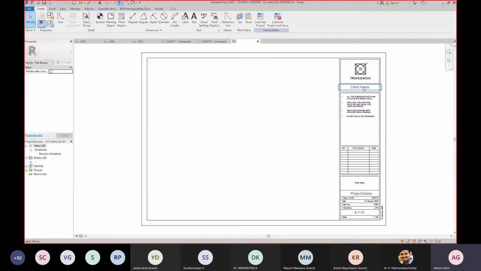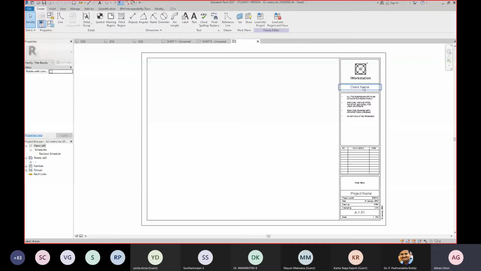So if I select this logo, add it into the project, and I click on overwrite the existing version, the name is removed. In the same way, you can change anything. You can change the text. You can change the style. You can make it from Arial to Times New Roman, whichever font you want.